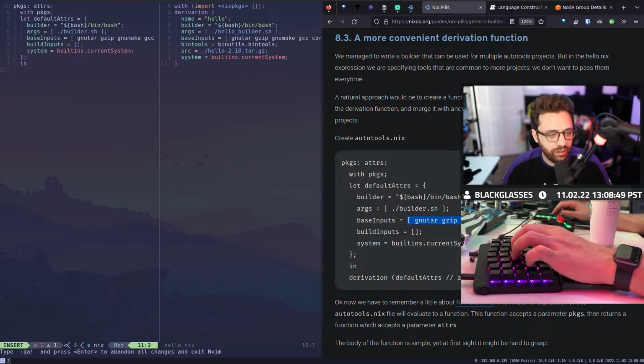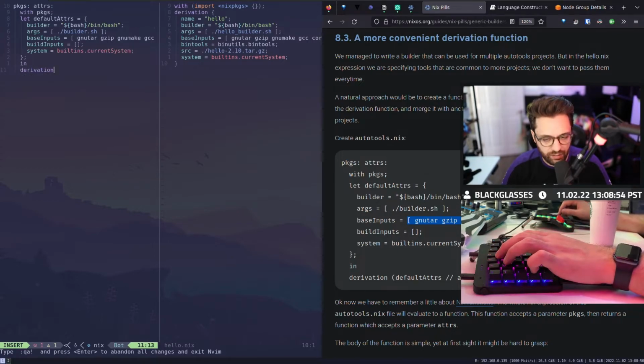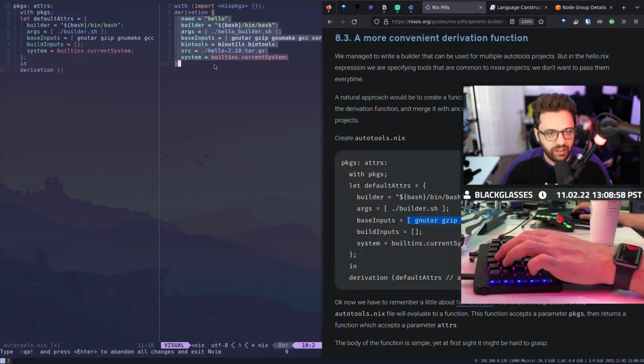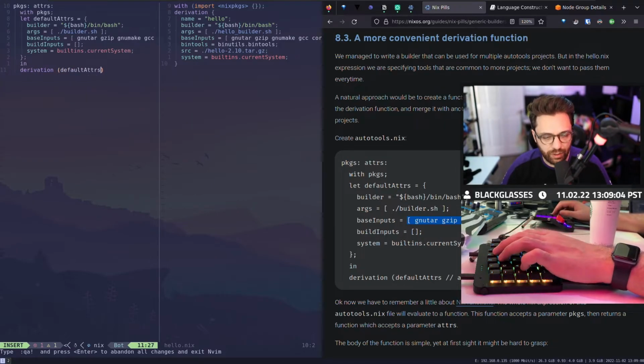So now I'm going to put that derivation declaration here, but I'm not going to fill it like I do here. Instead I'm going to say, by default, you can use the default attributes. However, I want you to merge left anything that is in the attributes parameter. Does that make sense, chat?